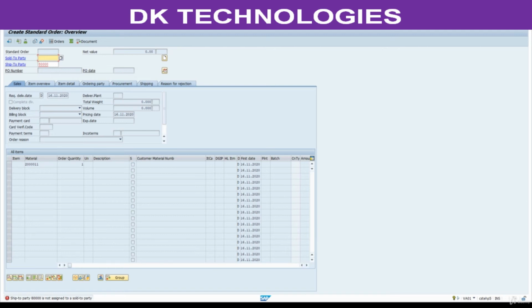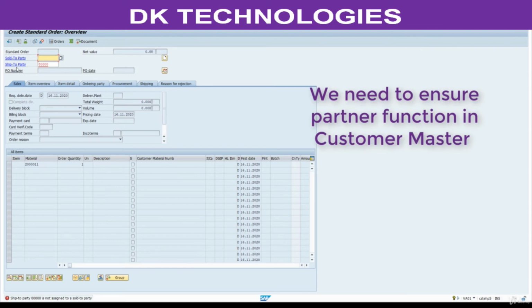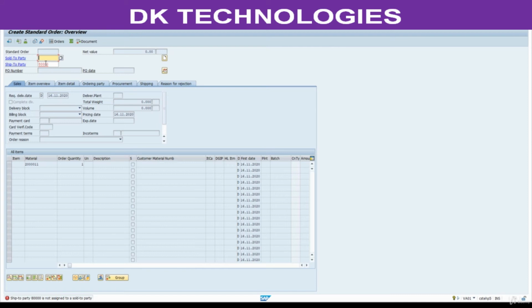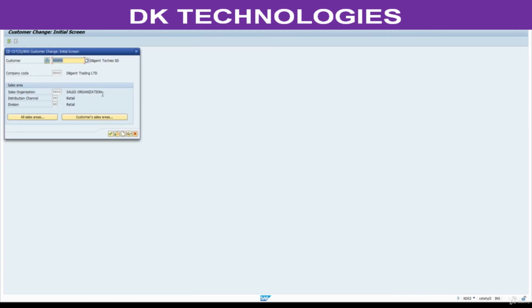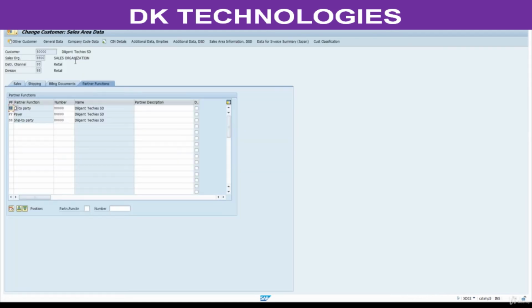Ship to party is not assigned to sold to party. Sold to party, ship to party. The reason we are getting this, go to XT02. Here BP, PY, SH.